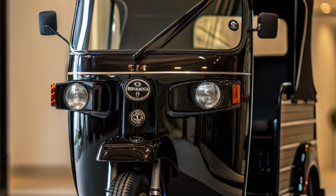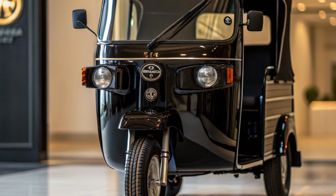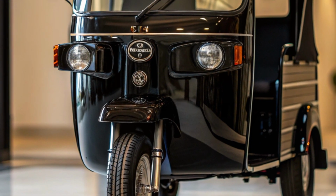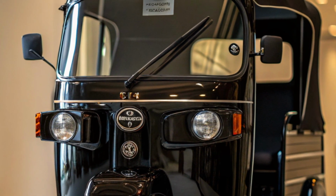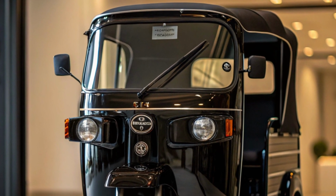If you love vehicles as much as we do, especially unique and efficient machines on wheels, you're in for a treat. Today, we're diving into the upcoming Yamaha three-wheeler Rickshaw 2026, a model that's already generating a lot of buzz in the auto market. From its practical design to modern-day features, this rickshaw is set to redefine last-mile connectivity and